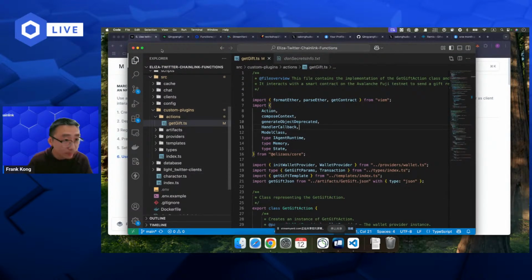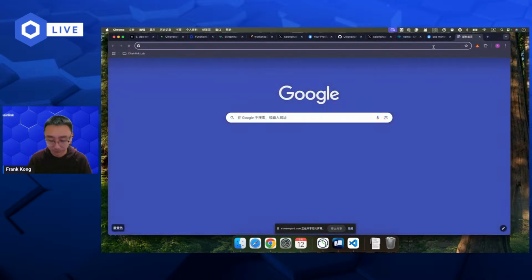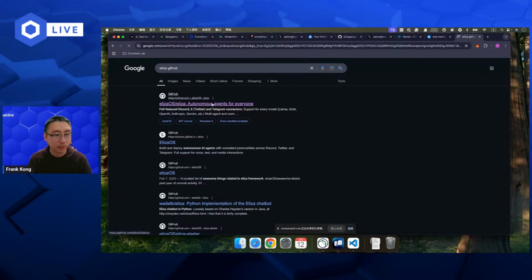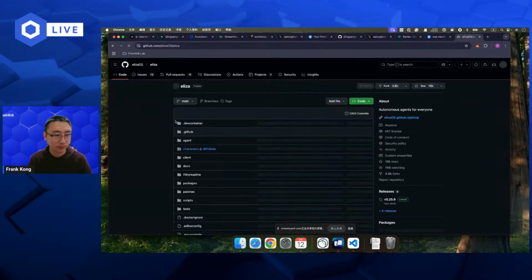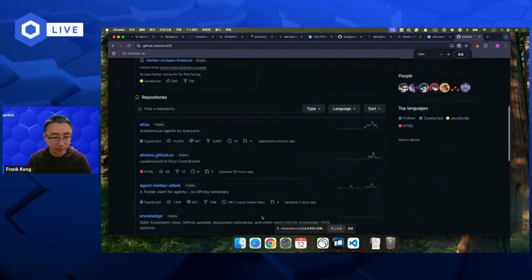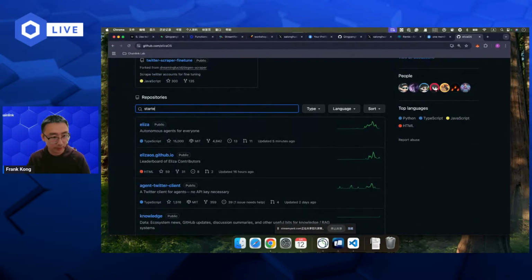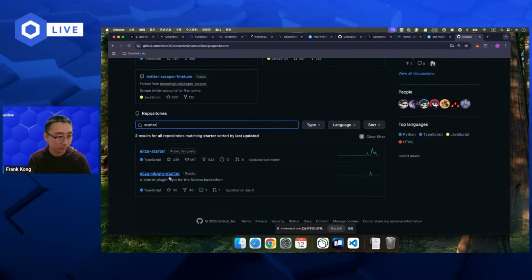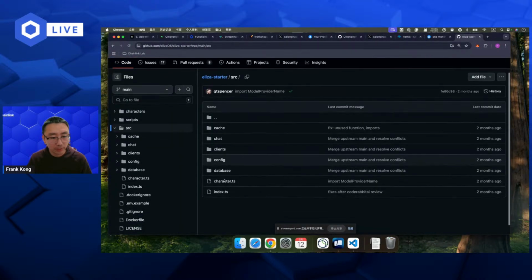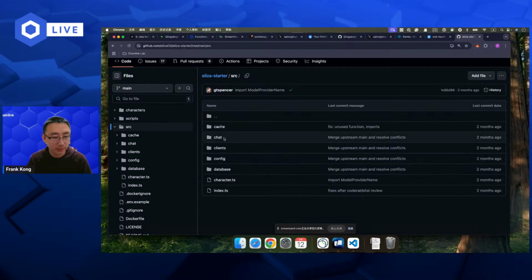So let me go to the Eliza GitHub. So this one. And under the Eliza OS, I think there is a starter. Let me find it. Yeah, Eliza starter. Actually, I forked this repo, and under the source, you will see some folders: cache, chat, clients, and config.